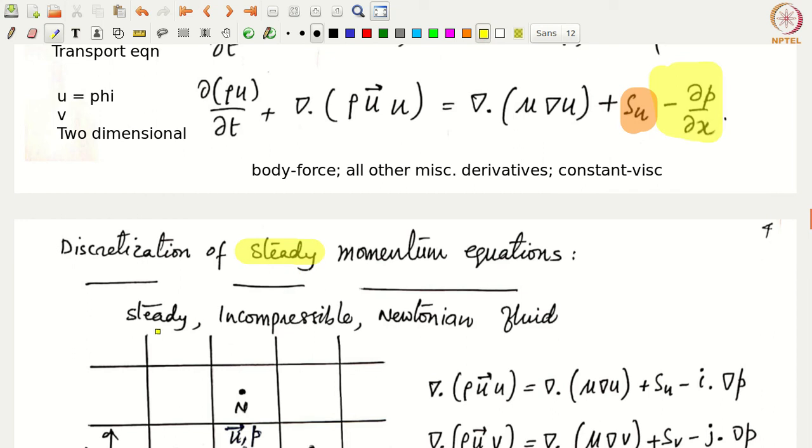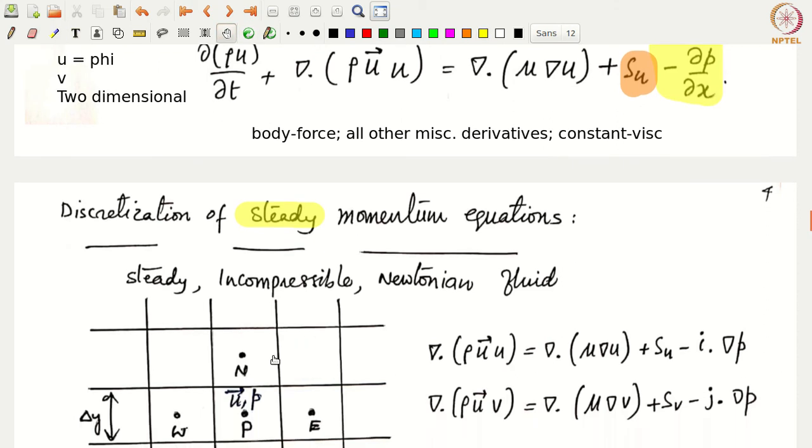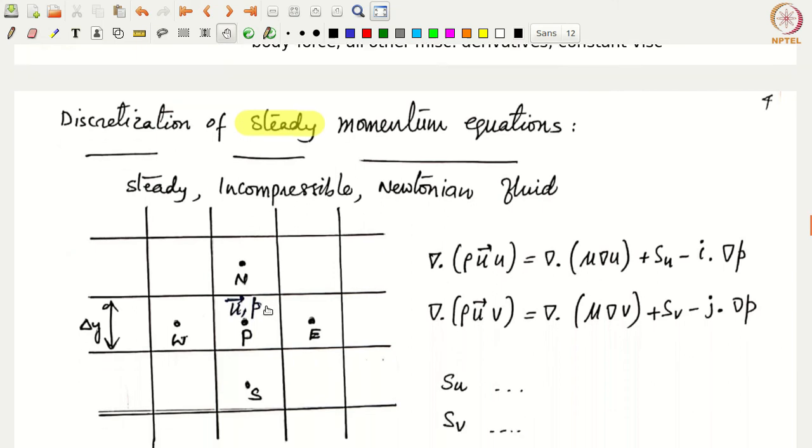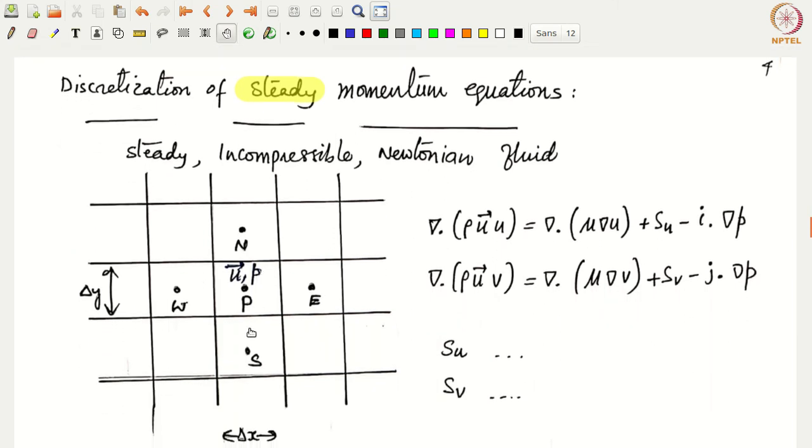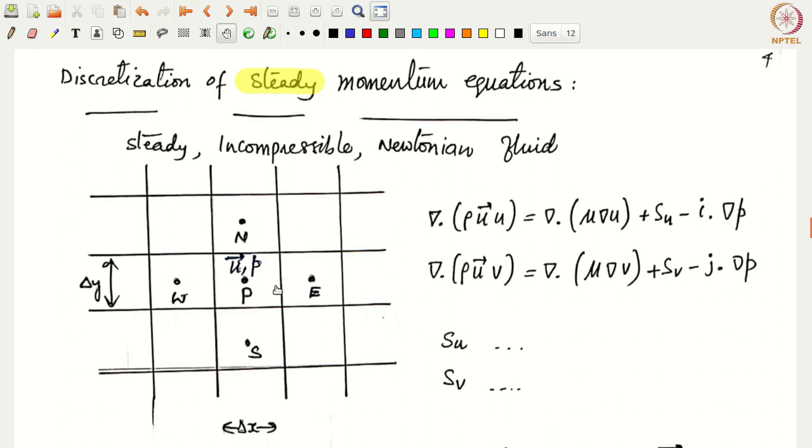The flow is steady and incompressible, and the fluid we assume is a Newtonian fluid, that means whose shear stresses are proportional to the strain rates. We make these assumptions and then go ahead with the solution of the fluid flow equations. We also assume, to begin with, a uniform or a structured mesh,